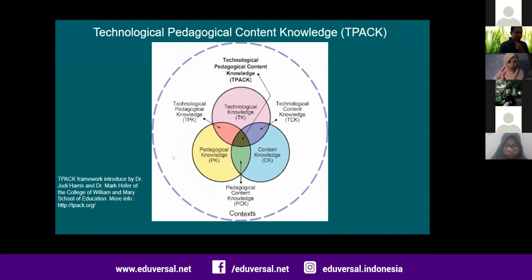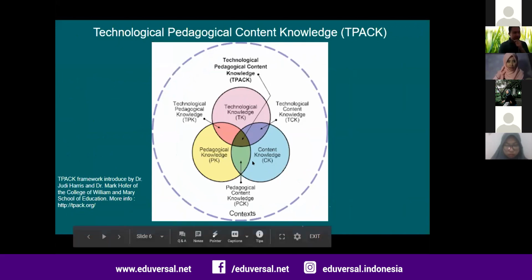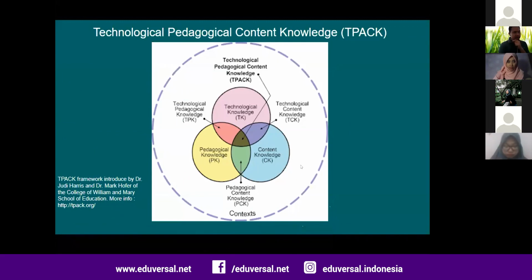So if you see in this Venn diagram, as you may already be familiar with, educators or teachers should have deep understanding about their content, either they are a science teacher or physical education teacher or another subject.